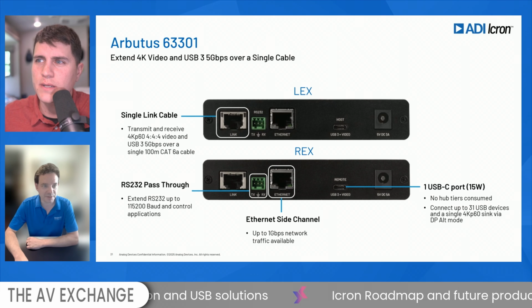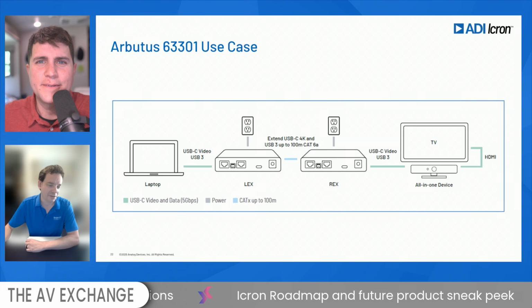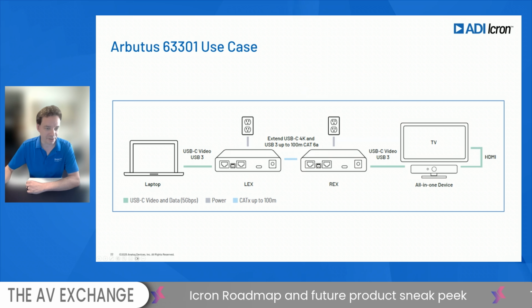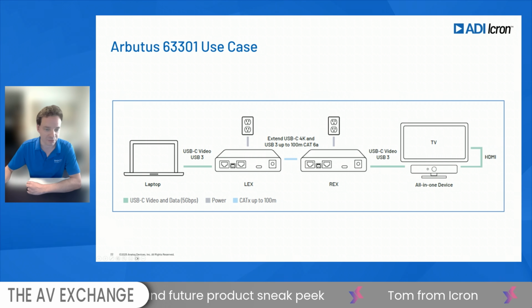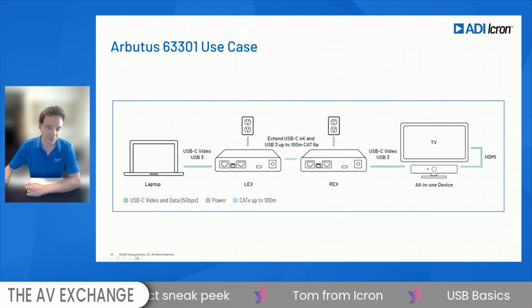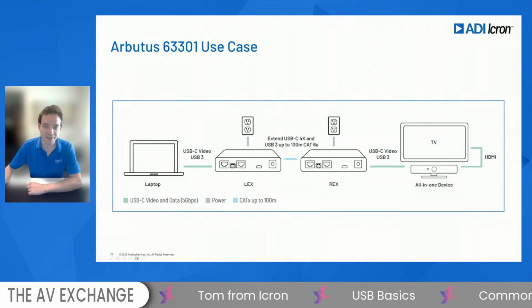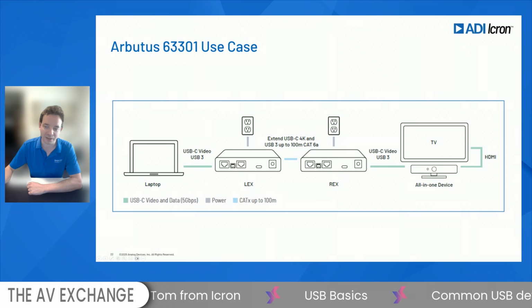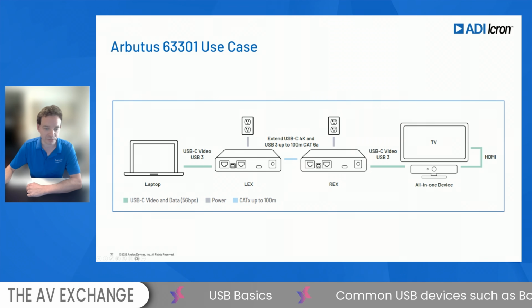I'm just going to show the use case really quick. So you've got your laptop, you've got your USB-C cable with USB 3, you plug it in here, and you plug it into the wall, just in case, for a lot of reasons. You can actually not plug this side into the wall, but you have to test that out. The user manual goes into more details. 100 meters extension, power at the Rex, and then into your all-in-one or your board, like we talked about, and then Bob's your uncle. There you go.